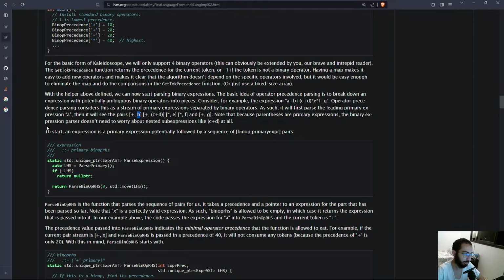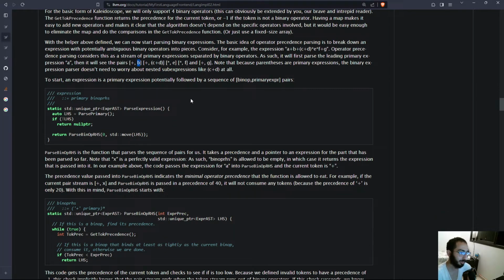How did people even come up with this? Oh, well, to start, an expression is a primary expression, potentially followed by a sequence of